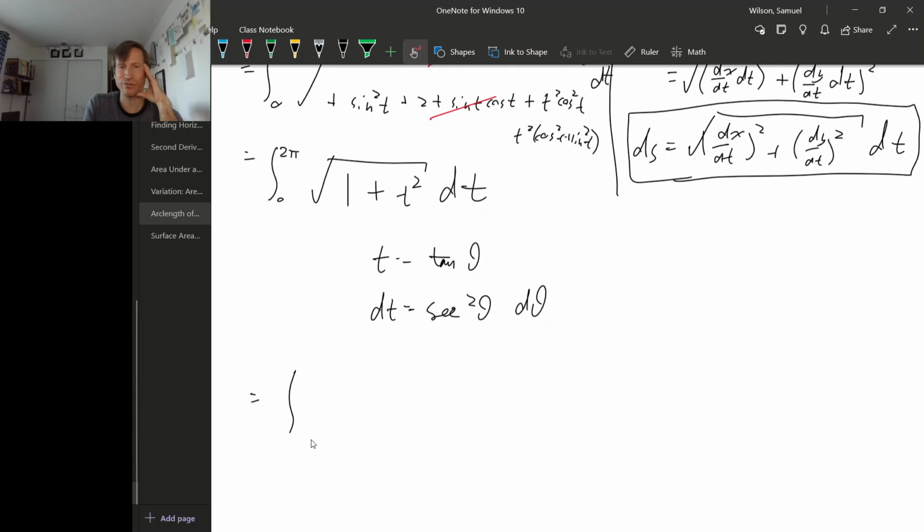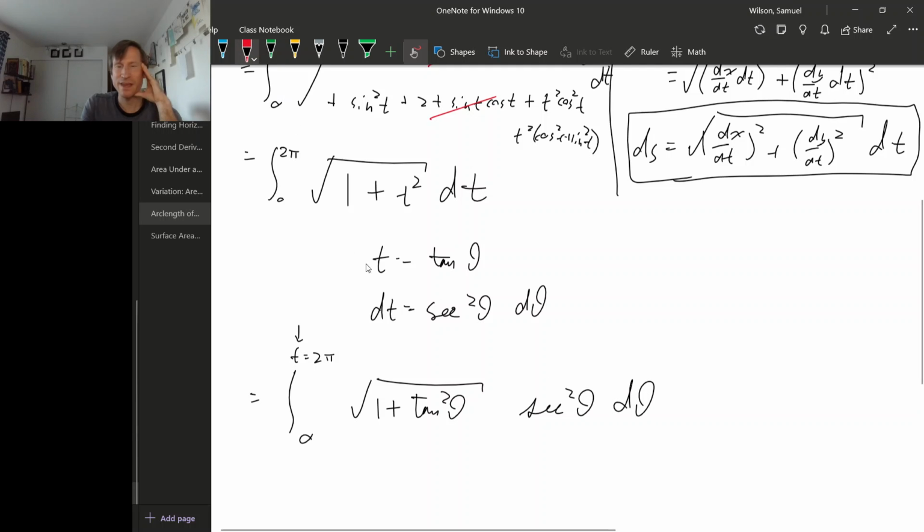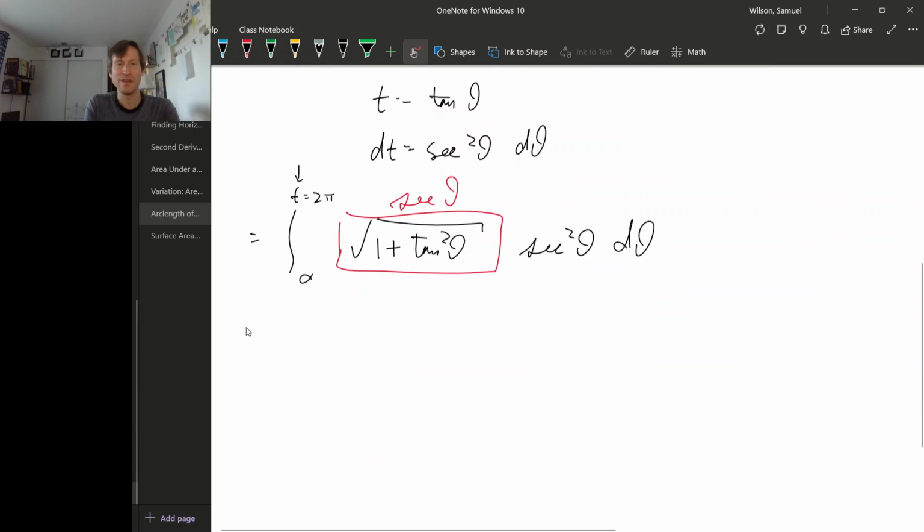So this is the integral from 0 to 2 pi, which is a t value, of the square root of 1 plus tangent squared theta times dt, which is secant squared theta d theta. When we do all our trig identity business, the square root of 1 plus tangent squared is secant theta. So for this whole mess, we get the integral from 0 to 2 pi, again these are t values,